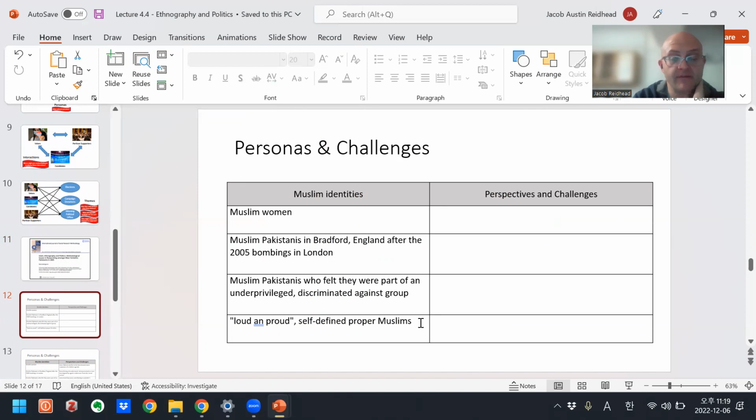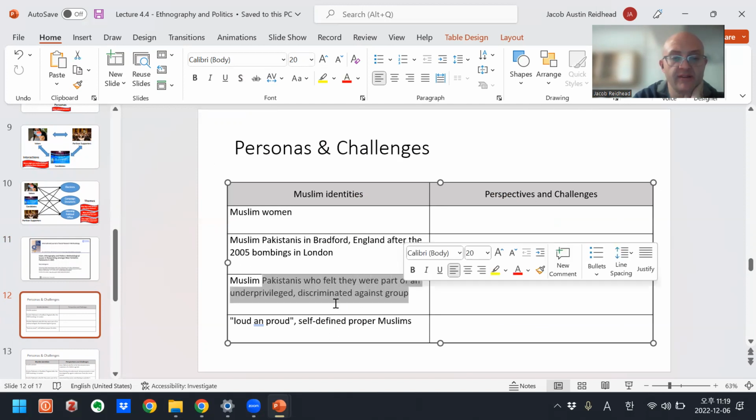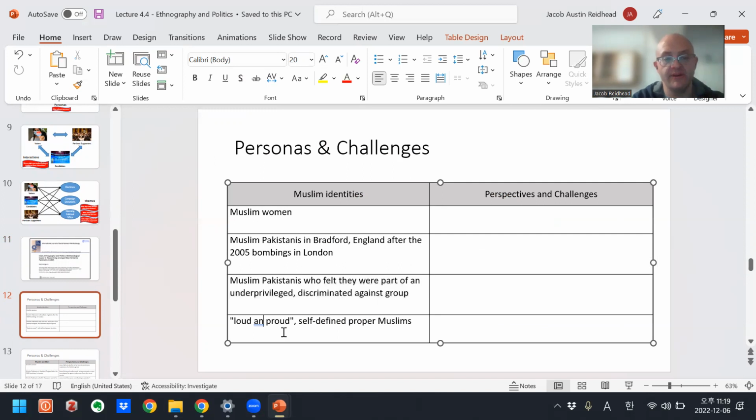So the first exercise I wanted, well, as we review this article, there were several Muslim identities mentioned in the article: Muslim women, Muslim Pakistanis in Bradford after the 2005 bombing, Muslim Pakistanis who felt that they were part of an underprivileged, discriminated against group, and loud and proud, self-defined proper Muslims.